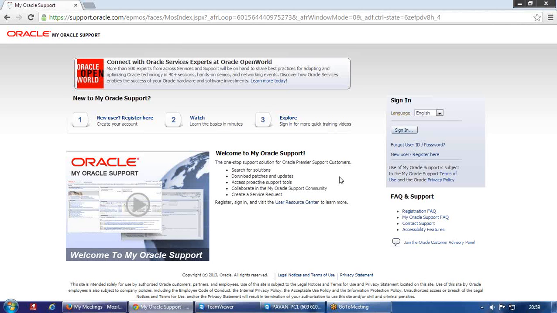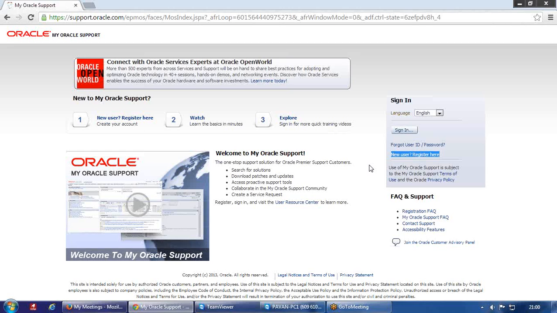Once you get that particular CSA number, here you can see a link called "New users register here". You just need to go to that link and fill in the form. It will ask for your official email ID, what password you want to set, your name, etc. It will also ask you about that CSA number.